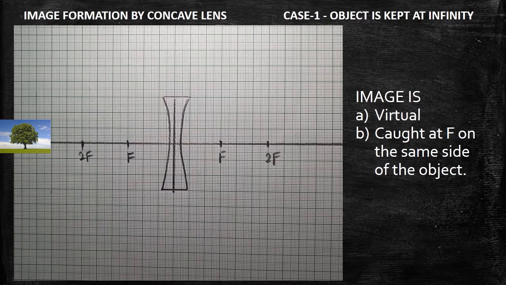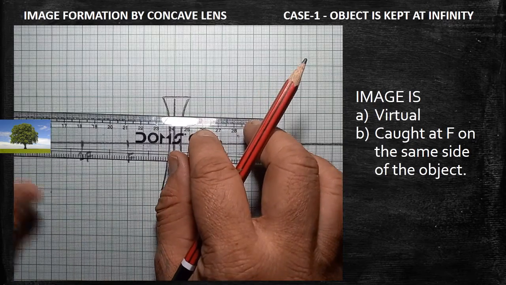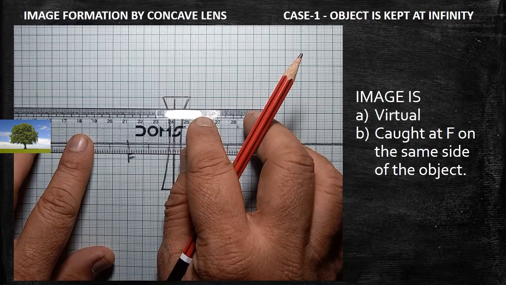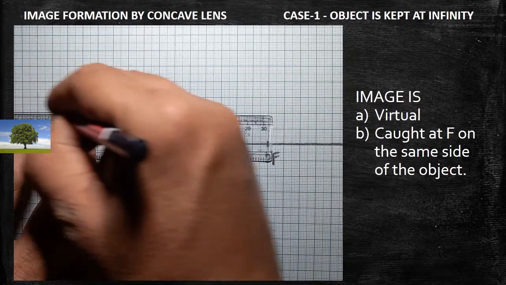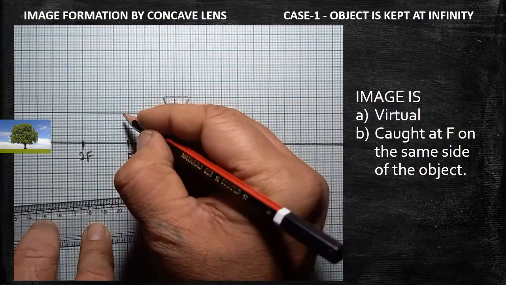Now we are going to see the ray diagrams in the case of concave lens. Just we are going to learn two cases alone. In the first case, the lens is kept focused towards the long distant object. Are you clear? At very long distance, the objects are there. It may be a tree or whatever it may be. Now, I am going to draw the rays which are traveling from long distance, and imagine that these are all the rays which are traveling from long distance.